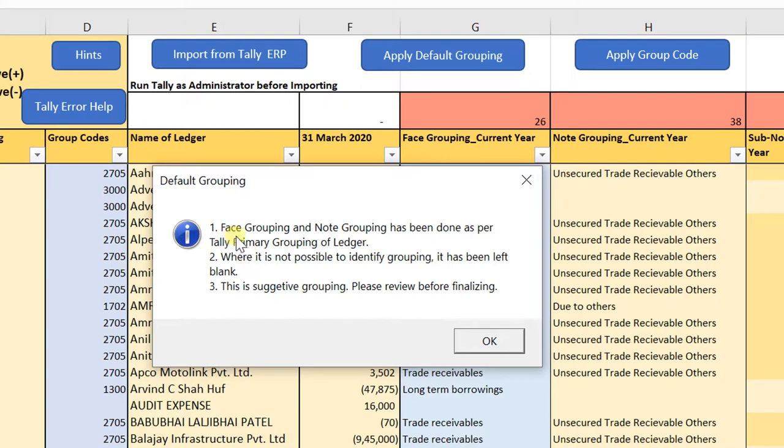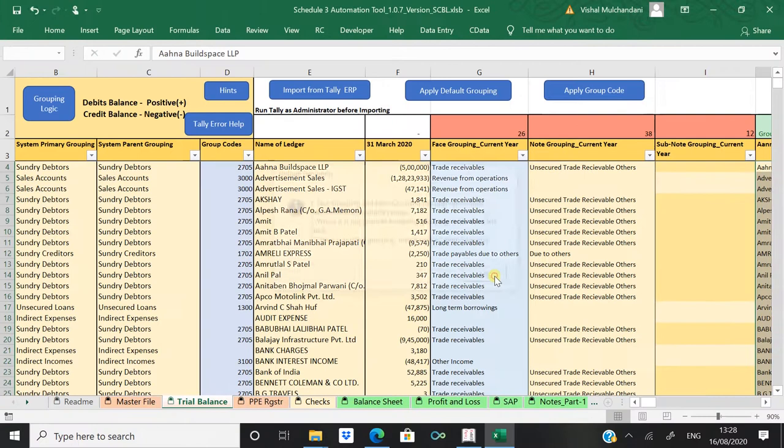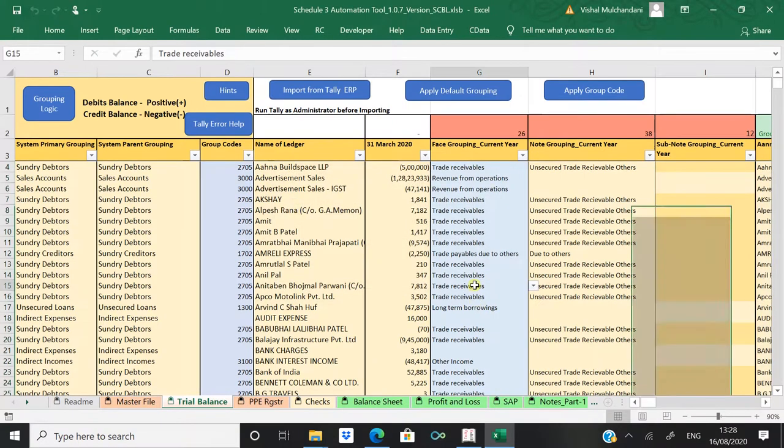You will get a message that phase grouping and node grouping has been done as per the tally's primary grouping. Wherever it is not possible to identify ledger grouping, it has been left blank. And of course, you can change this grouping. This is not a locked one. Once you have done the grouping, you can definitely change that. So now let's come to